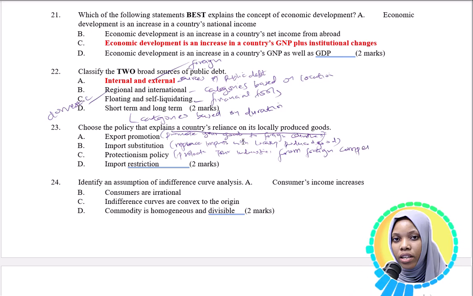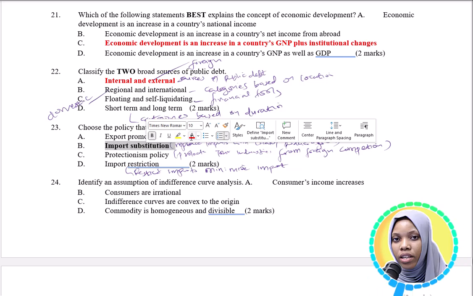That's protectionism policy. And then import restriction, you restrict imports, or you minimize them. So, choose the policy that explains a country's reliance on its locally produced goods. From our definitions here, our answer is choice B,